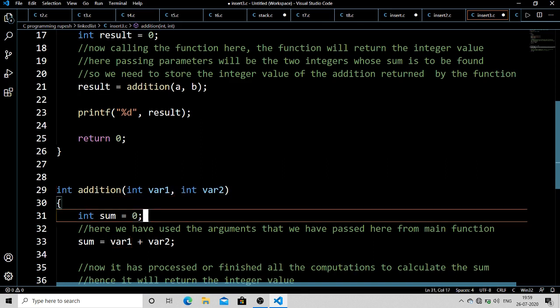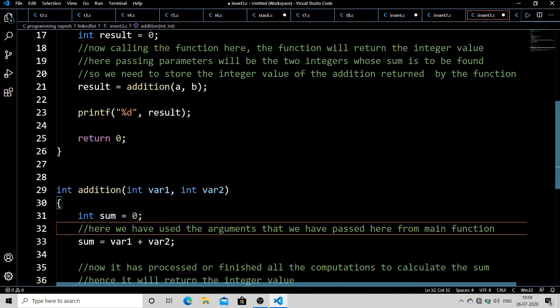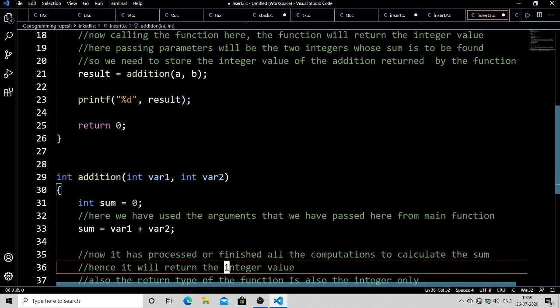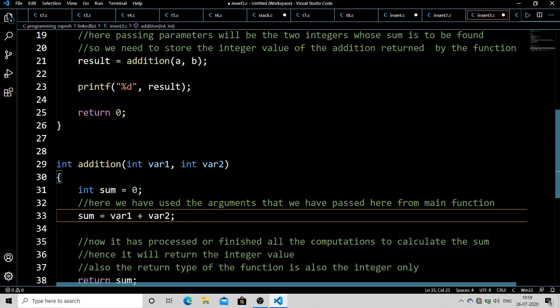Now you can use var1 and var2 inside the function, but you cannot use the a and b variables inside this function, because variables have some kind of local and global scope, which we'll talk about in the next video.